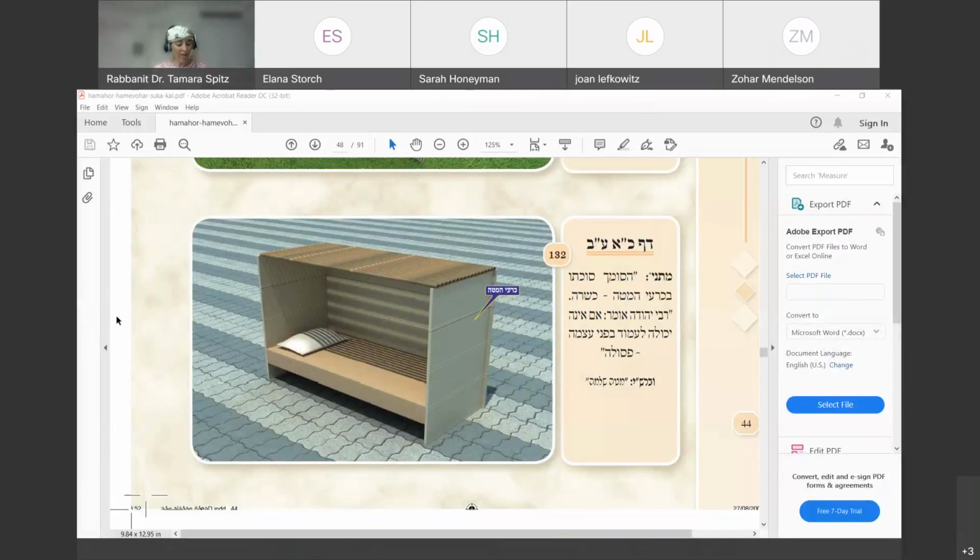Okay, so we are starting. We're starting actually at the bottom of Daf 20 because we finished the chapter last week. So we're going to start the new chapter this week. So we're at the bottom of Daf 20, and